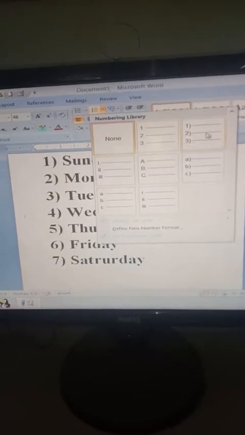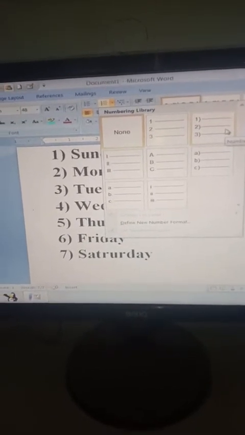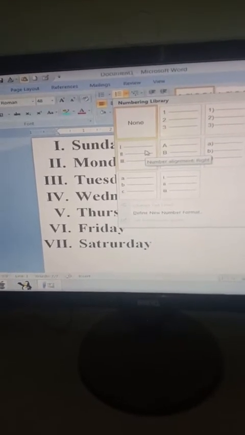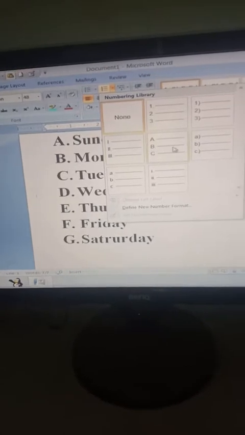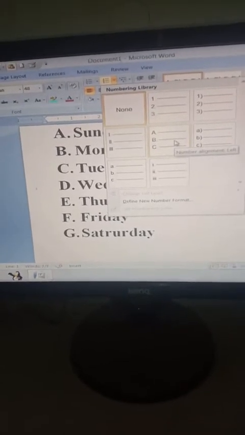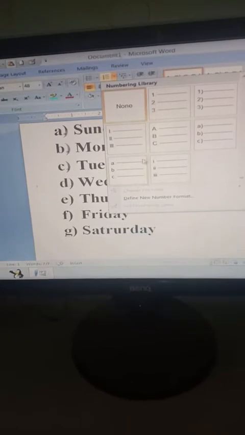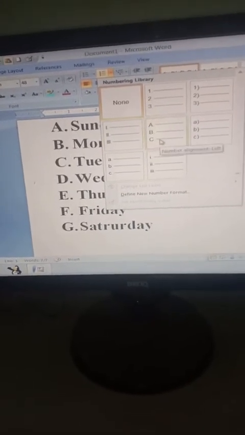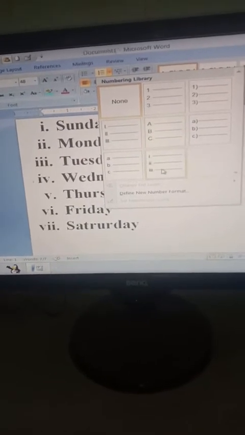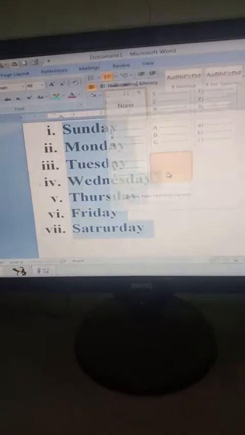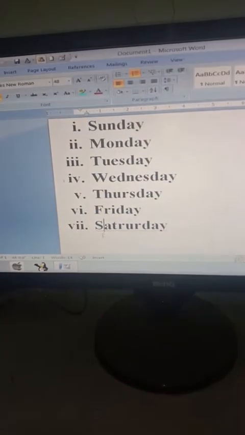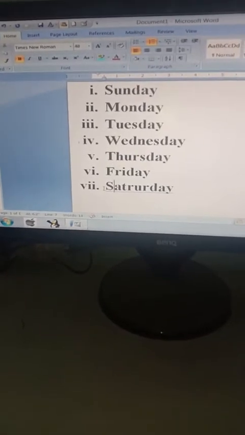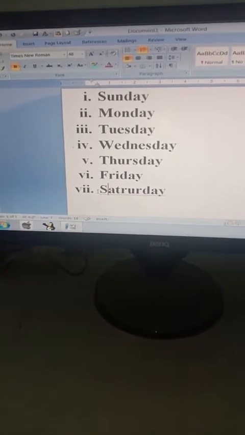If I bring the cursor over here, this type of numbered list will be applied in the content. Over here, this type will be applied in the document, and over here, this type. So we can check by bringing the cursor to each of the topics, and then select any of the topics that we wish. Like suppose I have clicked over here. So this is the numbered list that I have applied to my contents. In this way we can apply the numbered list to the content.